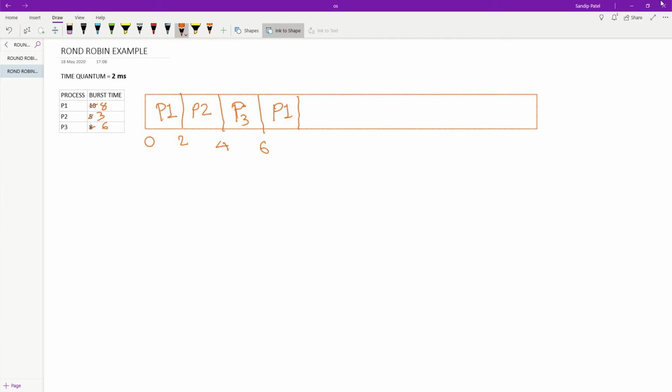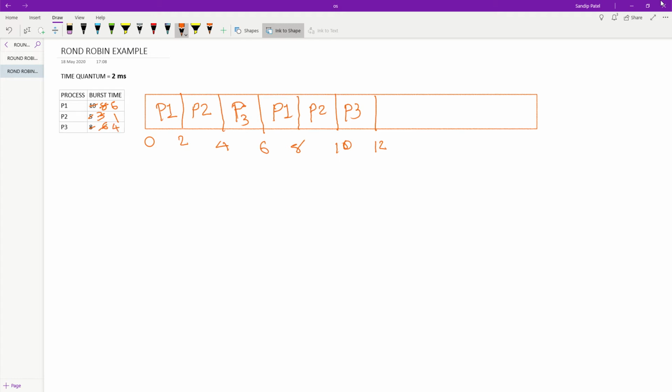So here again a 2 millisecond time quantum is allocated. So here 6 plus 2, 8, and the 2 is completed. So here I'm writing 6, right? Next P2 will enter, 2 millisecond is assigned to P2. So here 8 plus 2, 10, and the 2 is completed for P2. So here I'm writing 1. Okay. Next P3 will enter, 2 millisecond will be assigned, here it is a 10. 10 plus 2, 12. Okay, and P3 has completed 2, so I'm writing the 4 here.